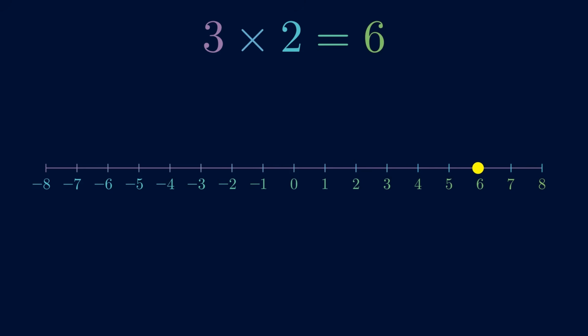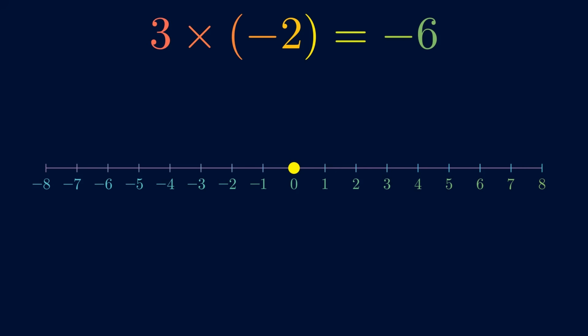You land at 6. Now, try 3 times negative 2. Now you move 2 units left 3 times. You land at negative 6. It's still easy. Now, here's the key. What does multiplying by negative 1 do? It reverses direction. It flips a number across